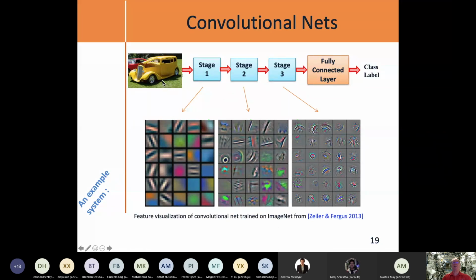So you can think of what's going on here. If we're trying to identify types of cars, classes of cars or trucks, then the first stage builds edge detectors. The second stage builds small abstract feature detectors based on those edge detectors. And the next one builds even more complicated subcomponents of a car, tires and mirrors and this chrome sort of front piece on the car. And then finally, the output layers take these features together and say, oh, that's an antique vehicle. This is a new Chevy truck. That's a Honda Civic, that type of thing.